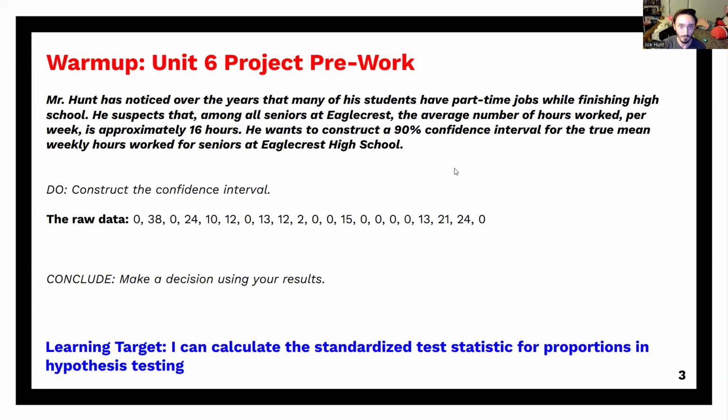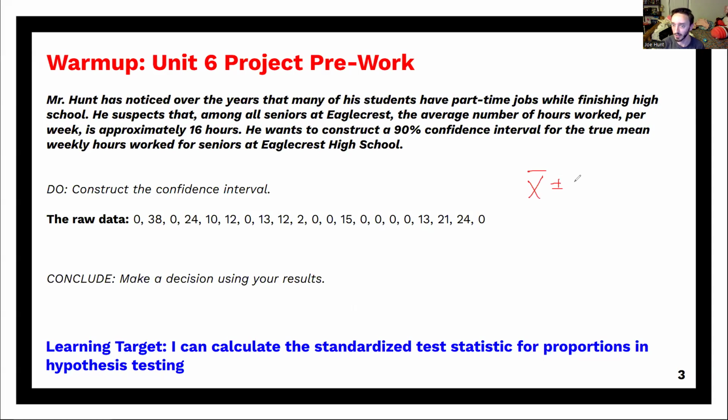So I'm going to use my formula, and I'm essentially just going to start doing my number crunching, right? And take this one small step at a time. We know for our formula that the confidence interval is going to be your sample average plus or minus your T-score times your standard error term, and that's the sample standard deviation divided by the square root of n, your sample size. Our sample average here was 8.76. We're going to go plus or minus our T-score, which is about 1.73, and then we're going to multiply it by the standard error. So the sample standard deviation, 10.91, divided by the square root of 21.